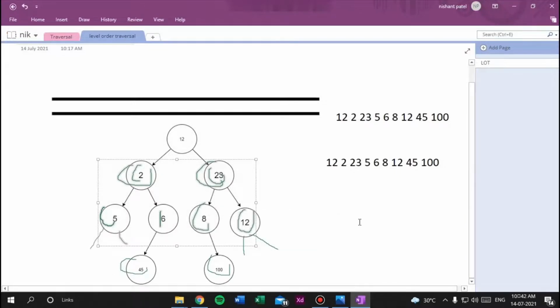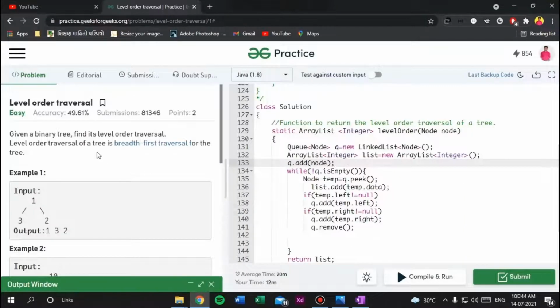I hope you understood this. Let's look into the code. Here, given a binary tree, find its level order traversal. Level order traversal of a tree is breadth first traversal for the tree. So as I told you, first we will create a queue. Then in Java we will create an array list to store our answer into the list.